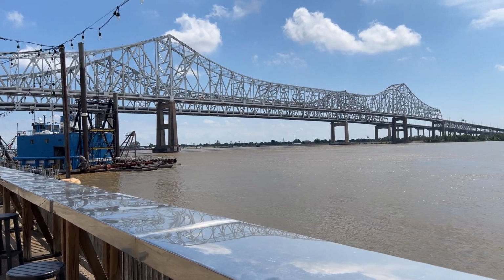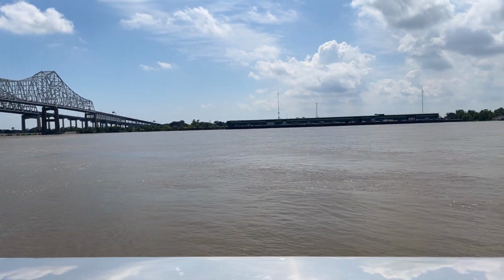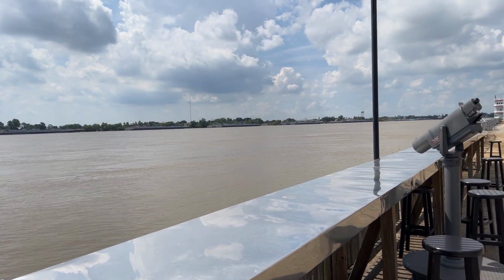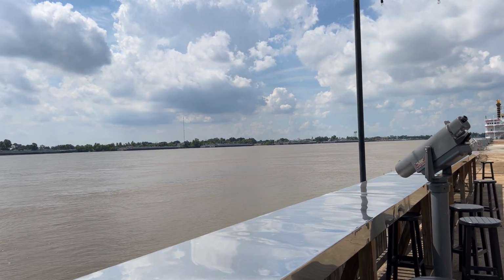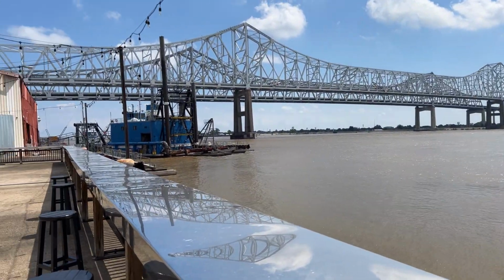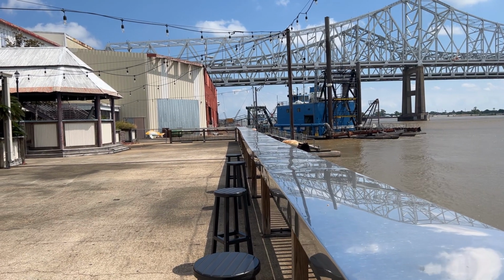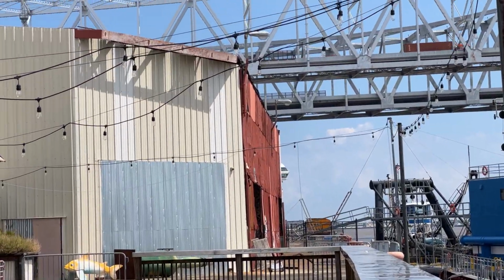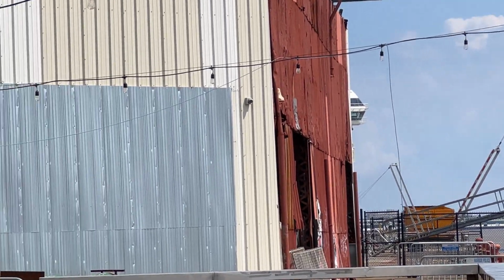Just stepped out the back side of the gift shop and this is the view right here on the Mississippi River. I assume they're here because they need a big space for the floats and everything. So they're in a big warehouse right here next to the convention center. And I can't see them from here, but right on the other side of this building is a cruise ship. There's a Carnival cruise ship there today. You can kind of see that white part that's jutting out, I think is part of the cruise ship. Right there, but here's the back side